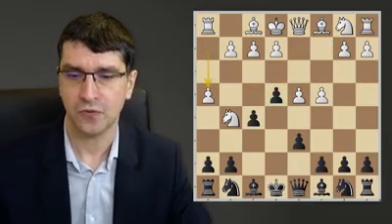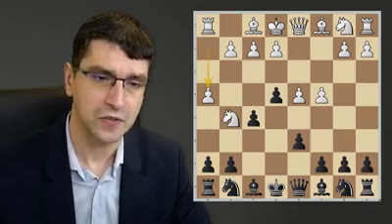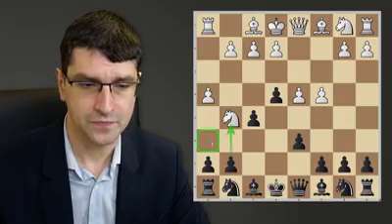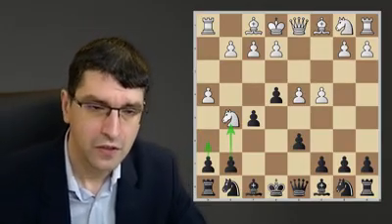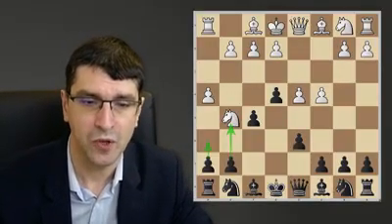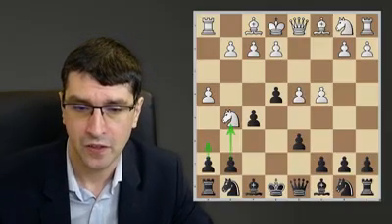h4. This is a useful move. White is trying to gain some space on the king side. Also, it's stopping h6, g5 ideas. And now we're recommending to grab a pawn. This is possible and tempting. If you don't want to go for the pawn, you can also go c6. It's a good alternative. But let's see what happens when we take the pawn, h6,